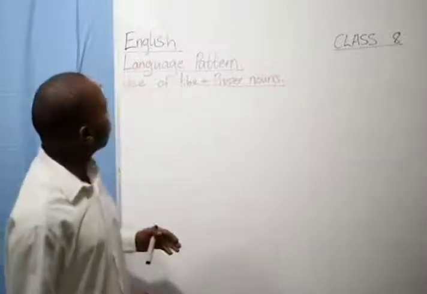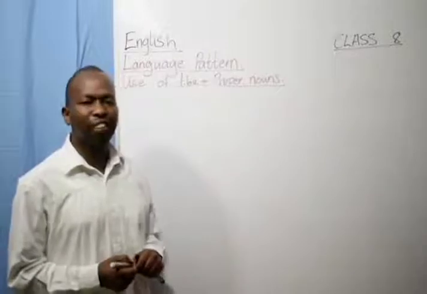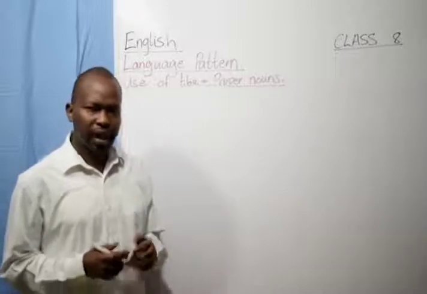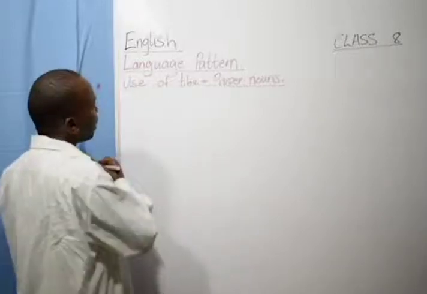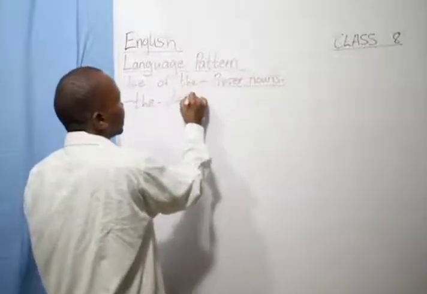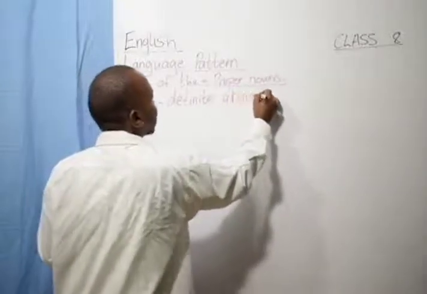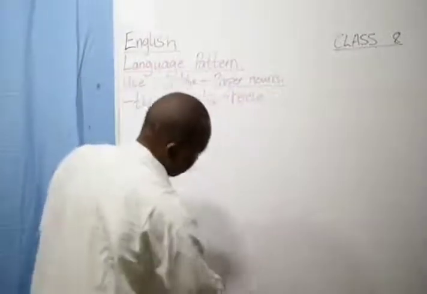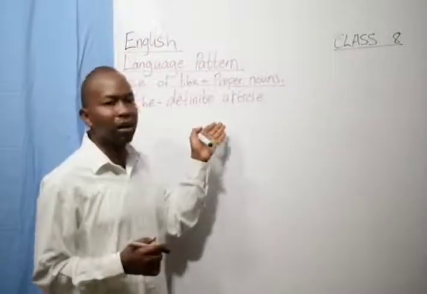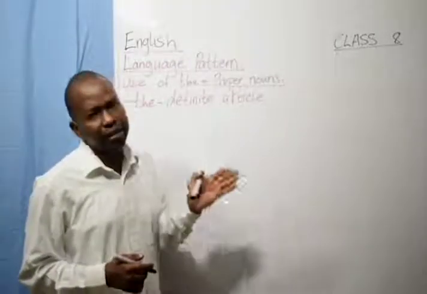Now today we're going to learn the use of what we call the article "the" plus some proper nouns. Now article "the", we define it as a definite article. Now, what does that mean? It means that article, as a definite article, is used to refer to items that are specific, that